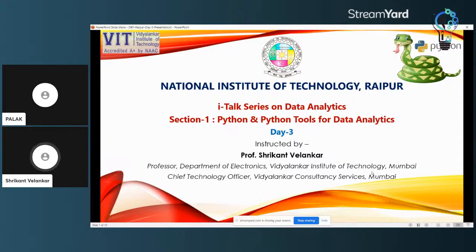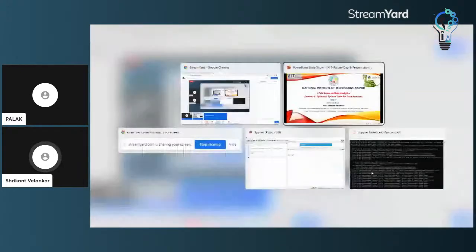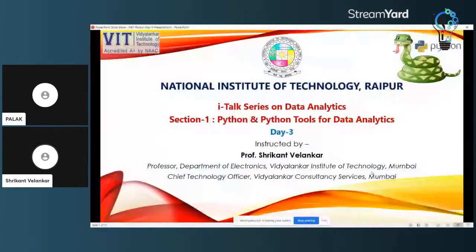So essentially, we are going to have an overview of four different tools, which are used very widely in data analytics, namely NumPy, which is essentially for number processing or number crunching.